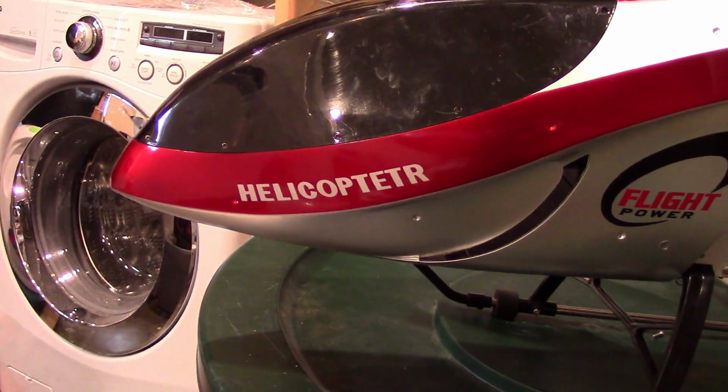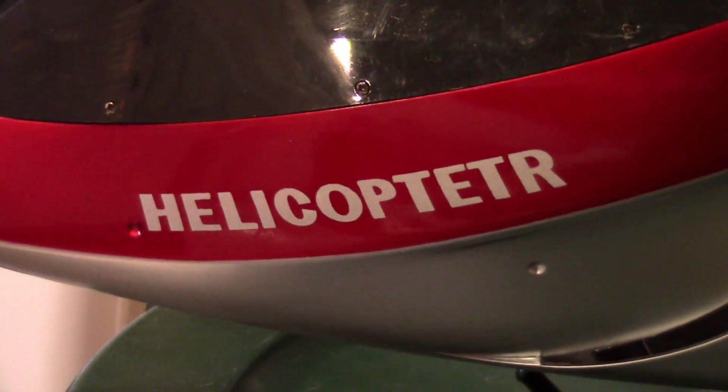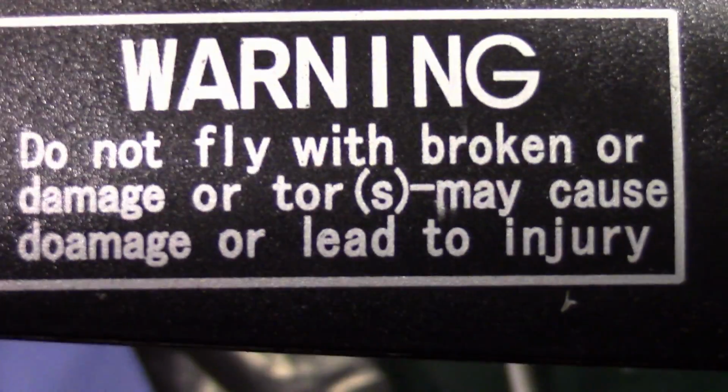There's quite an amazing collection of English on this helicopter. Just by handling it, we've already worn the lettering off, so now it doesn't say large model aircraft, it just says model aircraft. Other English includes...